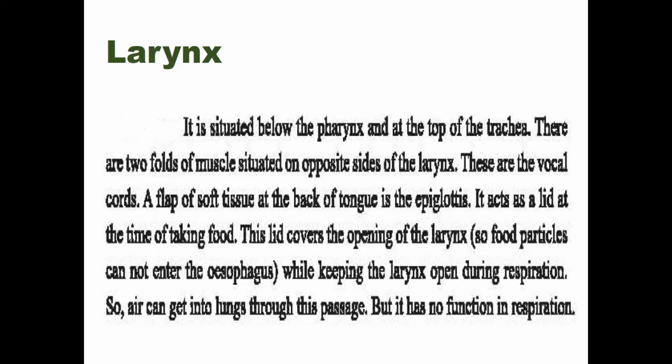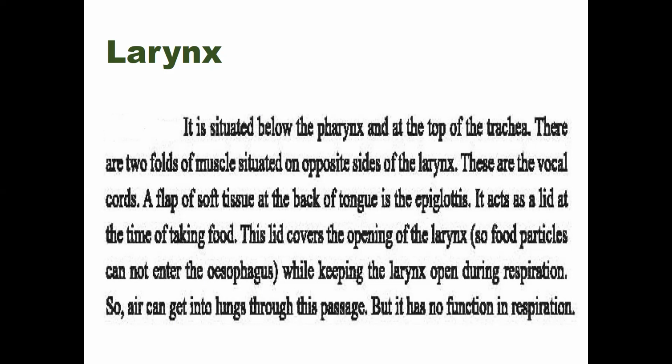It covers the opening of the larynx so that food particles cannot enter the esophagus. But while the larynx stays open during respiration, air can pass. During respiration, the larynx remains open, and it helps the air get into the lungs through this passage. Okay, that means it has no function in respiration directly, but